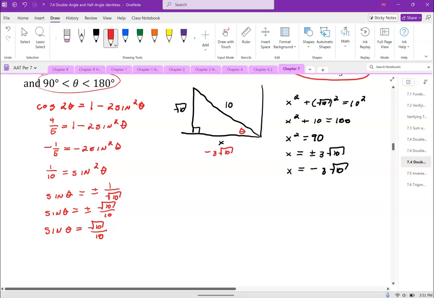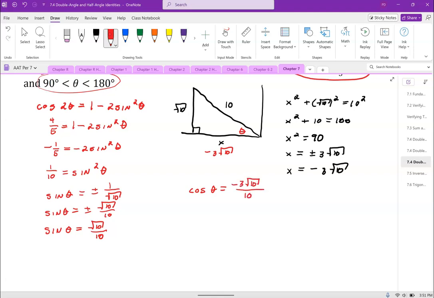And this is my theta. We already did sine, so we're going to go, okay, cosine of theta. That's x, negative 3 root 10 over r, which is 10. Boom. There's number 2. Then we're going to go tangent. All right, tangent of theta is negative 3 root 10 over 10, root 10, y over x. Those cancel out. I'm left with,